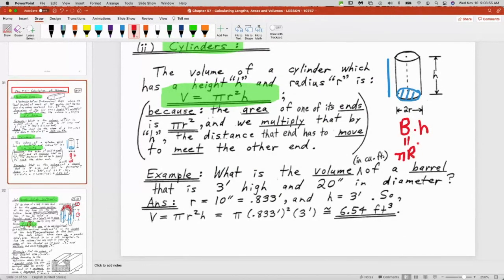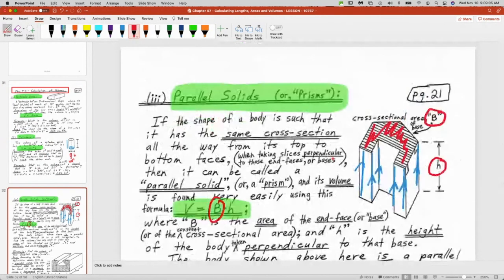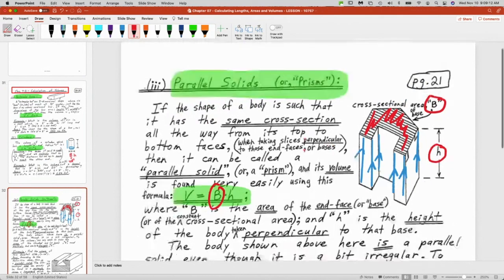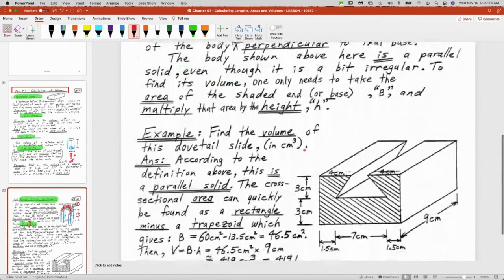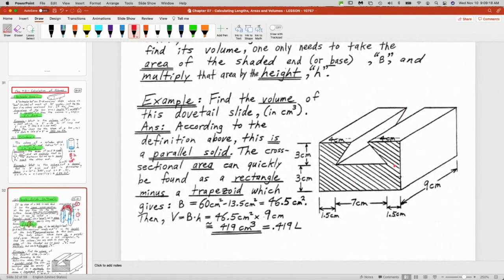I could have completely ignored cylinders and said to you, you don't need to know the formula for a cylinder because it's already built into parallel solids. But you know the cylinder formula, or you've probably seen it many times, and that's something that you remember anyway. So when you want to find the volume of a shape like this, and we will practice a few of these today, at least two,